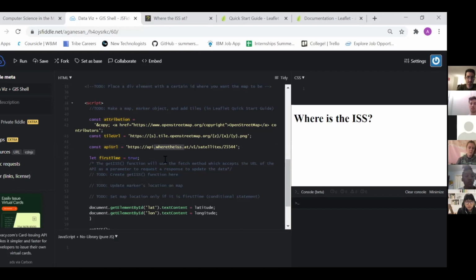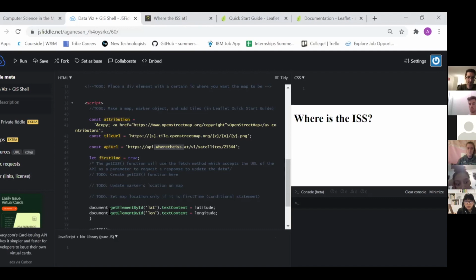But for the purposes of this project, it's going to be giving you the current latitude and longitude of the ISS. It has a bunch of other information like altitude and velocity, but for this project, only the latitude and longitude are necessary. If you ever want to extend this project, you can definitely incorporate some of those other features. So we'll also be working with JSON, which stands for JavaScript Object Notation, which is just a readable format for